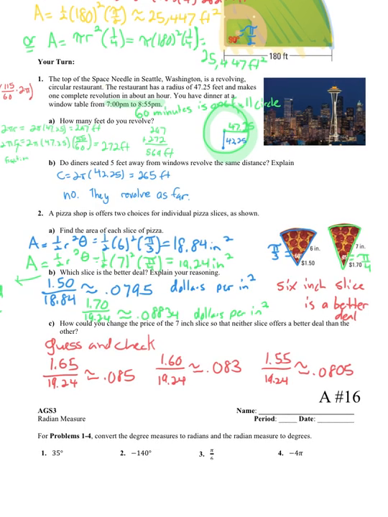So how would I change the price? I would say drop the price about 15 cents. And now they're going to be much more evenly priced. About 15 cents cheaper for that second slice, and they'll be about the same cost for each one. So you won't have the 6-inch slices selling out once people get the word out that that's a better deal. All right, so that's the idea for these last two problems. Tomorrow, you guys will have a graded assignment